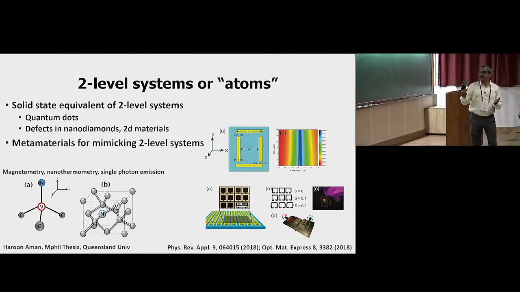So the first thing is you need dipole emitters or 2-level systems. The solid-state equivalent of 2-level systems are quantum dots. You can talk about point defects in solid-state materials, and now 2D materials are also coming up quite well. The other method, which is least studied, is metamaterials, which can mimic 2-level systems. We have one paper where we showed it. Actually, a couple of papers where we showed EIT as well as